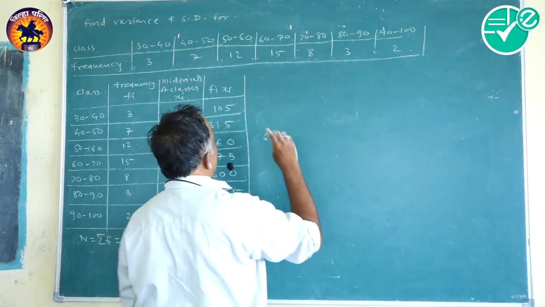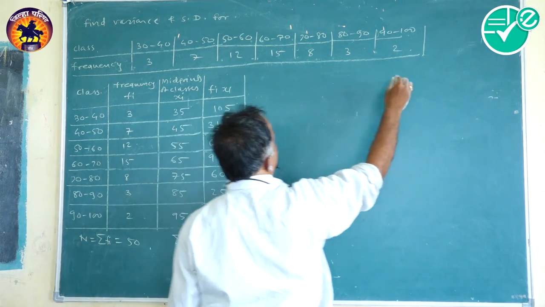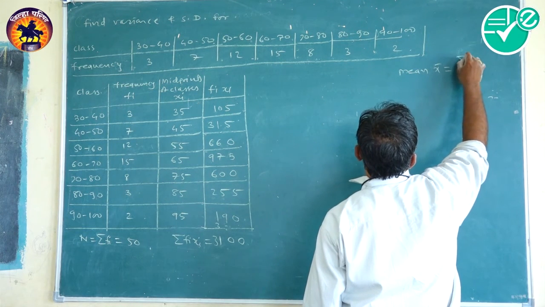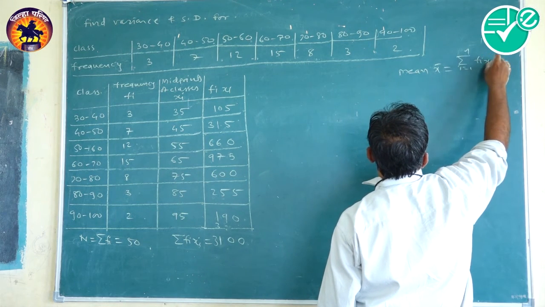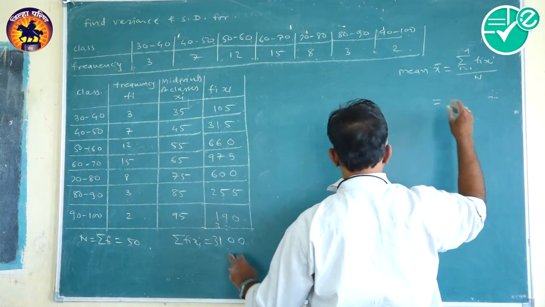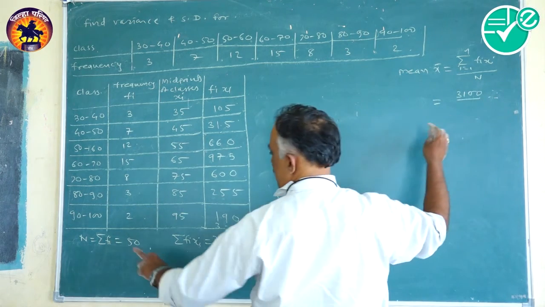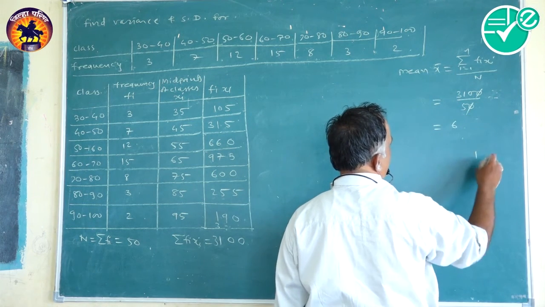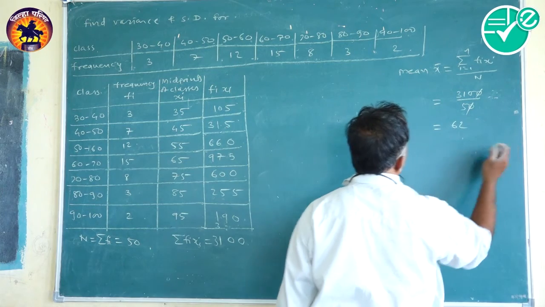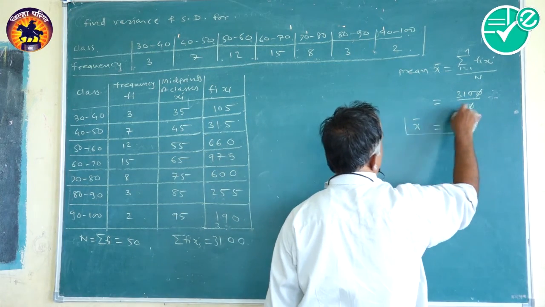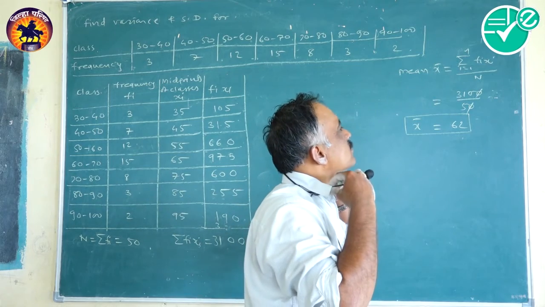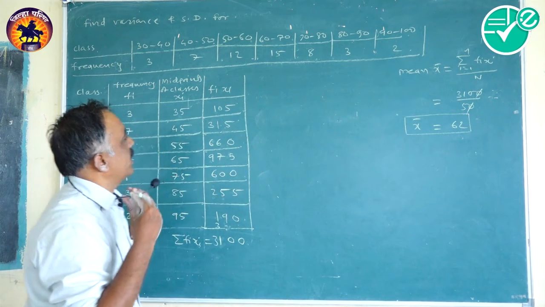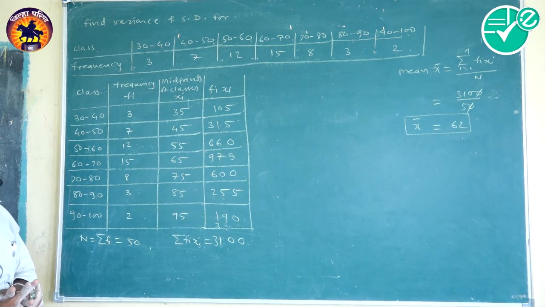So we will be able to find now mean. Mean x bar is equal to sigma i equal to 1 to n fi xi divided by capital N. It is 3100 divided by, what is the value for capital N? It is 50. 00 cancels. 5 30 carries 1, 5 2 10. It is equal to 62. That is equal to 62. Okay, that's the mean. Now I want to get the variance.